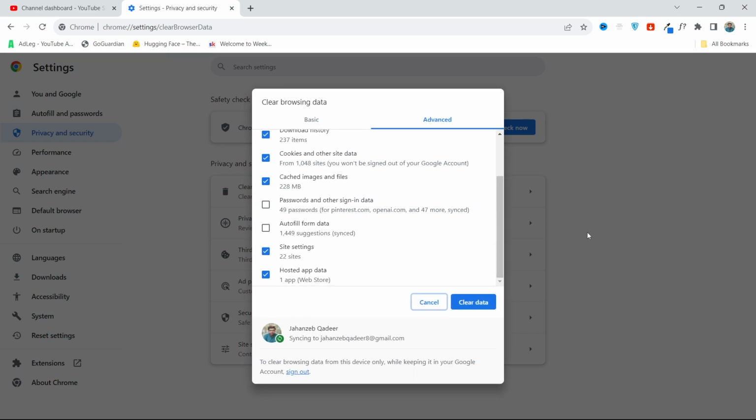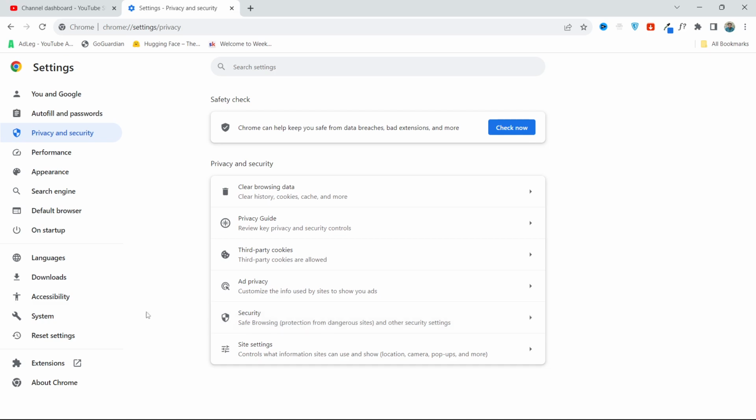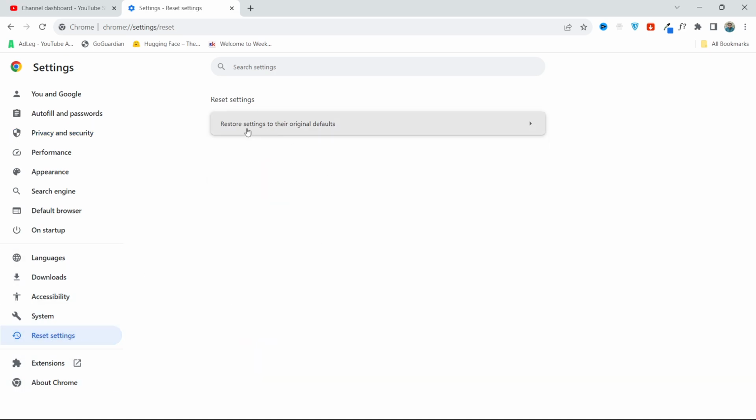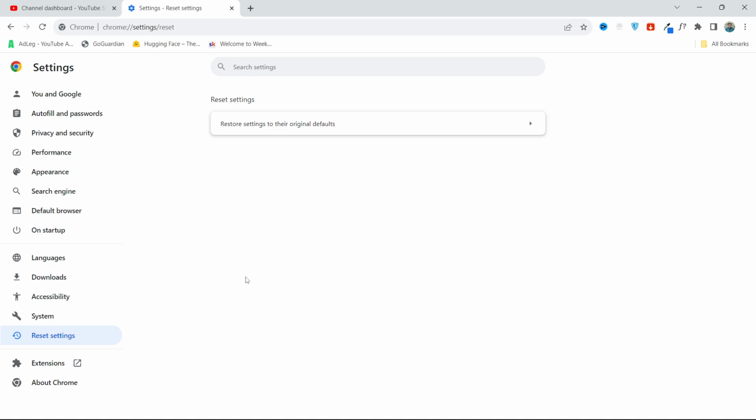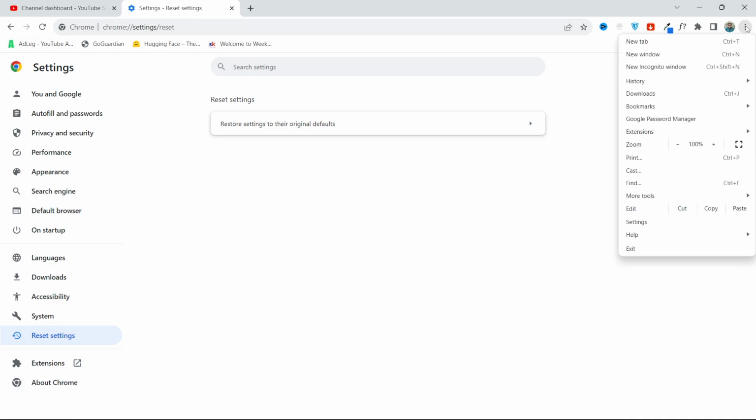So once you've done that, you simply need to go back, and the second step, you simply need to click on reset settings, and here you can see restore settings to their original defaults, and then you need to click on reset settings. Once you've done that, you simply need to check whether your Chrome is updated or not,